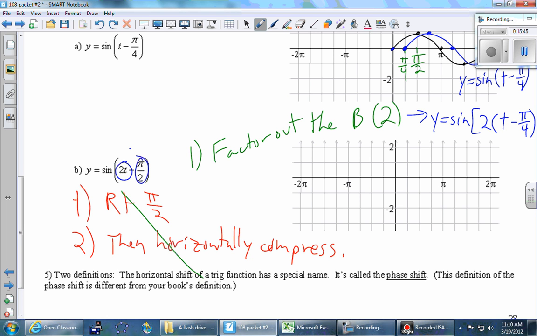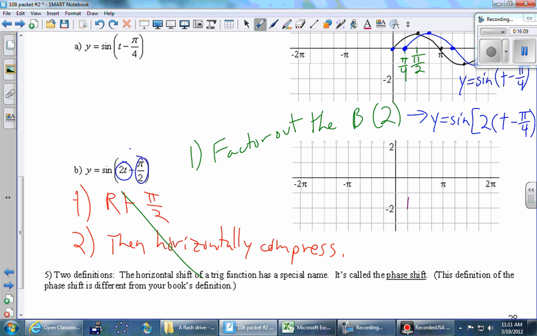Factoring is really dividing. Okay. Now again, I have two things. I have a horizontal compression still. I have a shift to the right still. But how much is the actual shift to the right? How far are we going to the right? It's actually pi fourths. So I'm going to do this in the order that I want to do it in,